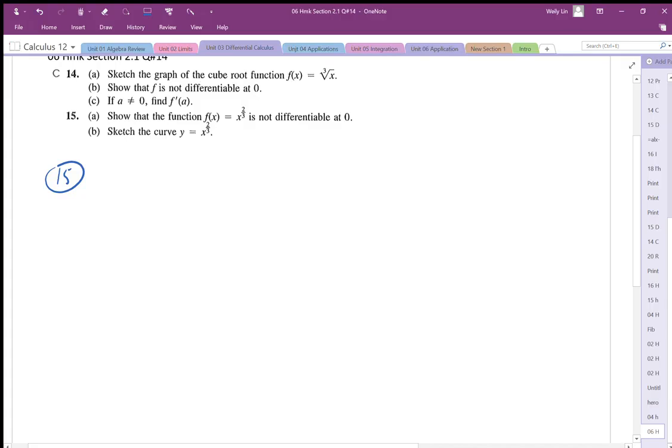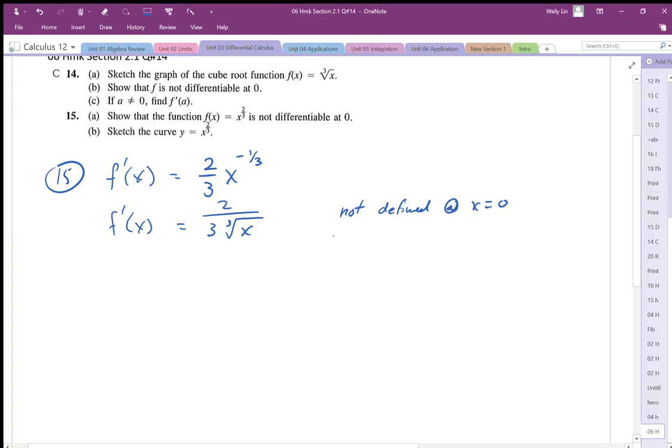So if I differentiate this function, f prime of x equals 2 over 3 x, and then minus 1 from the power, I end up with negative 1/3. So this gives me an x in the denominator. So at x equals 0, it's not defined. So not defined at x equals 0, therefore non-differentiable